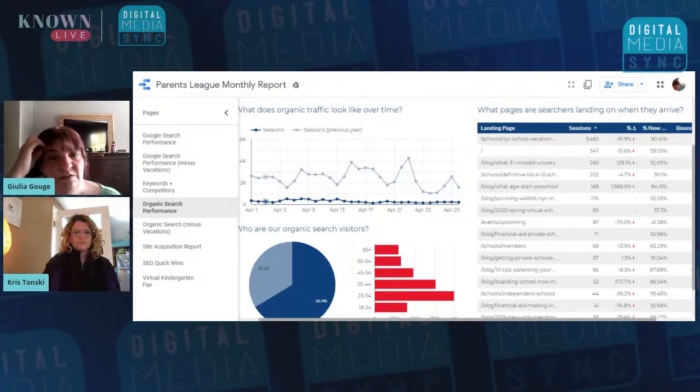So every report is probably going to look a little different. And then there are back-end reports that are really helpful to those of us who are doing particular management jobs. Somebody who is managing a website as far as functionality is going to want to look at reports differently than somebody who is strictly doing ad campaigns.